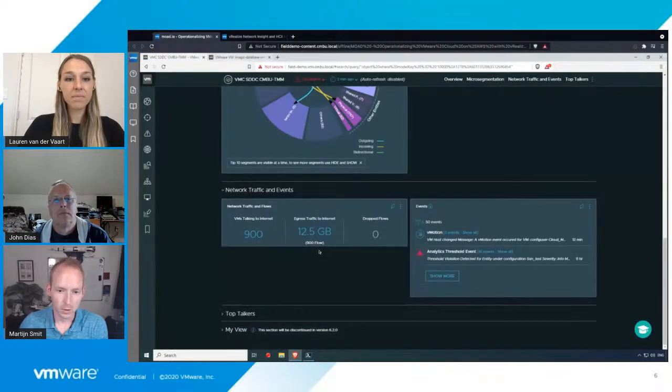So another cool thing is, for example, the network traffic and events, where we can list the internet traffic that's going through that VMC environment. We're specifically focusing here on egress traffic towards the internet, because you also get billed for that, right? So the amount that you're probably going to get billed for, you can predict that using